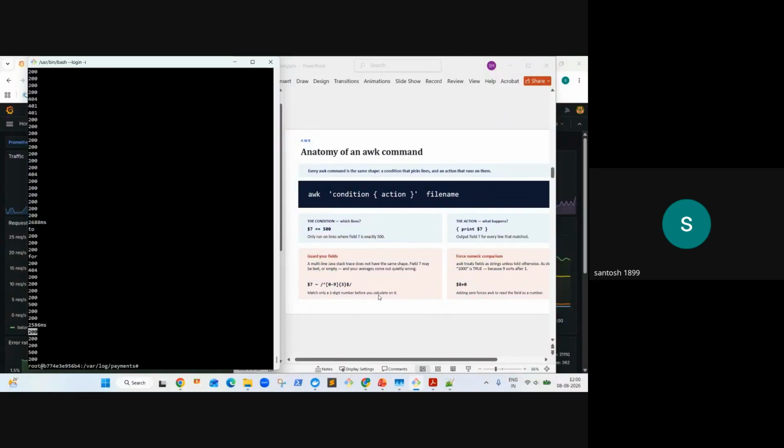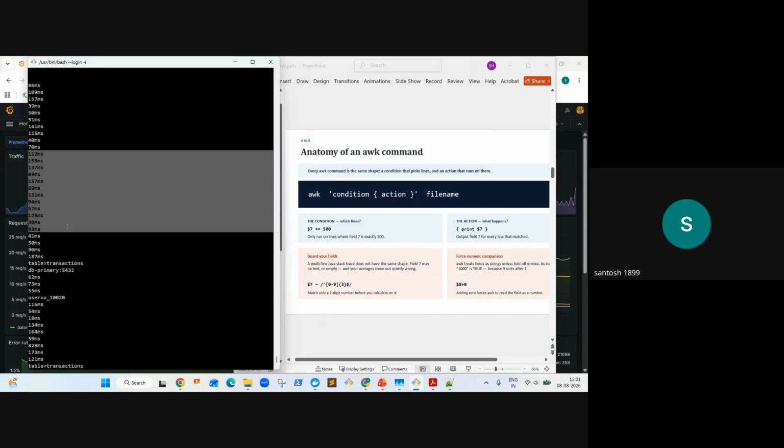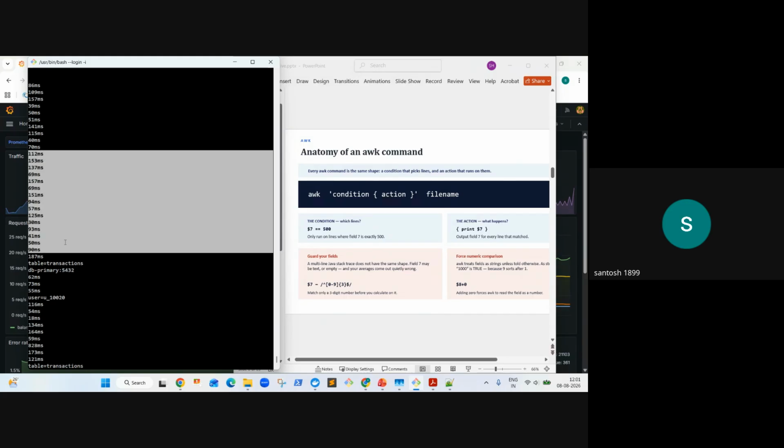Now this is again plus $8 plus 0. Let me quickly give a brief idea about this as well. The seventh field was related to the status code, correct? Now let's check the eighth field. If you notice here, most of these values are related to MS. MS is nothing but the latency of our application, correct? So if I have to get the overall latency of my application within a particular time range,